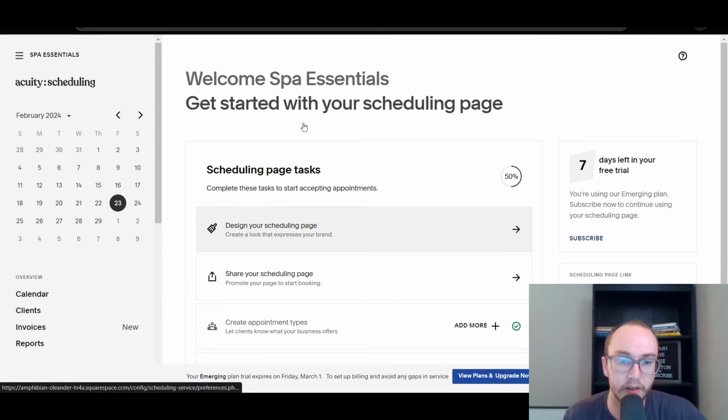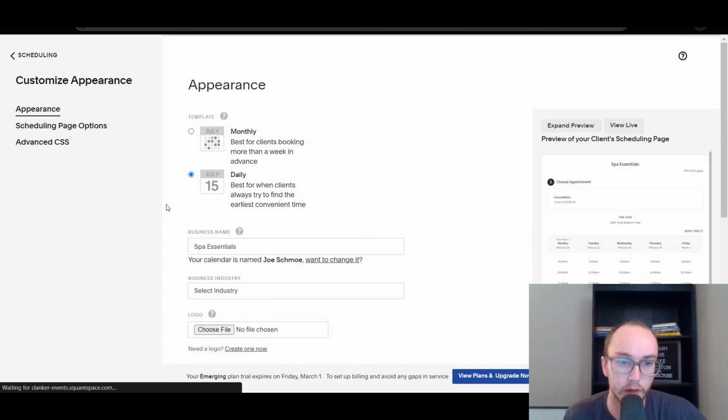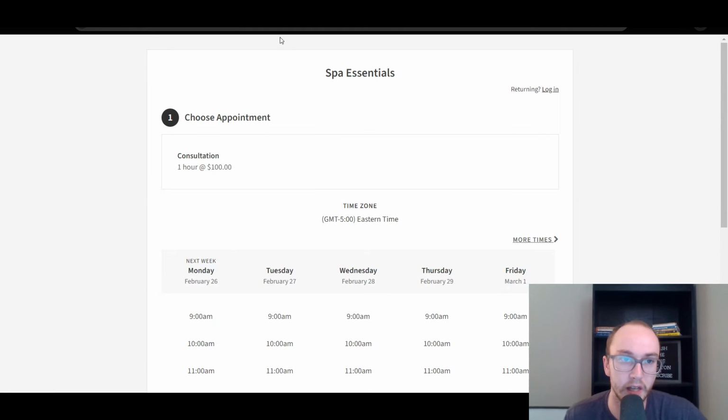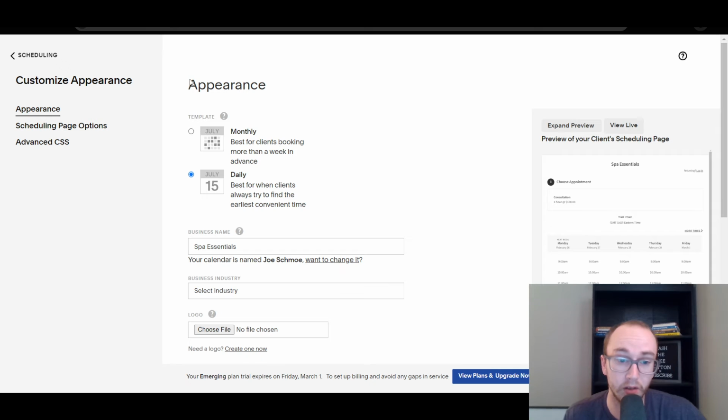Now, we're going to go ahead and design the scheduling page so it better matches your brand look and feel. Again, because that is just the basic look and feel. Again, there's a lot of other options you have in here. I am just going to be showing you the basics in this tutorial. There's a lot of other settings. If you want to go into it, you can. Obviously, you can also add advanced CSS as well